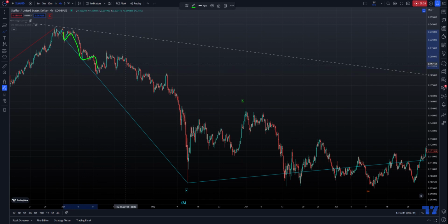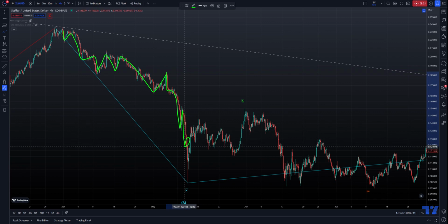And then you've got a correction. So it's like A, B, C, and I believe this one came down D and E. Cool. So you got 1, 2, and then I thought, okay, is this 1, 2, 3, 4, 5 there? And then we've got a small wave 4, and then a 5. And I thought that must be what it is, because otherwise you've got a zigzag down here and a zigzag there, and no zigzag up here. So it makes sense. So I left it as that,